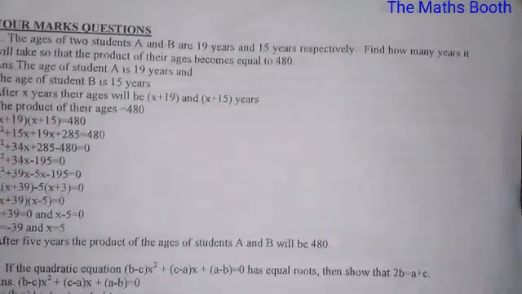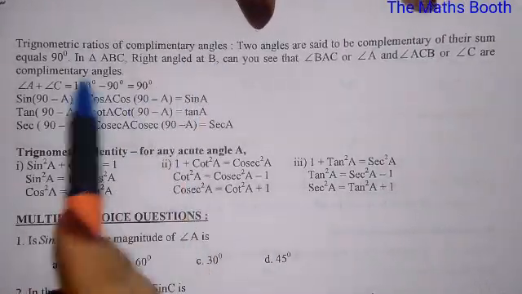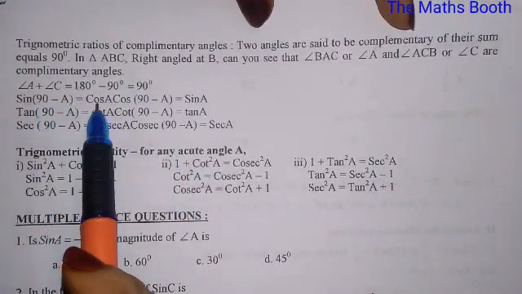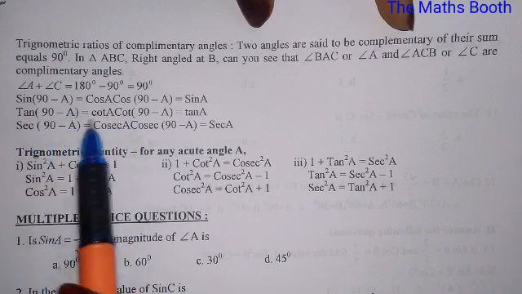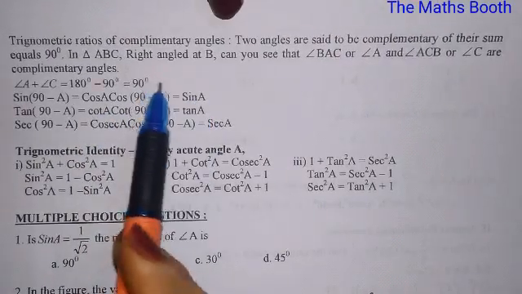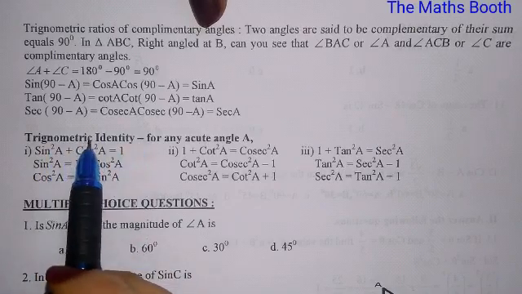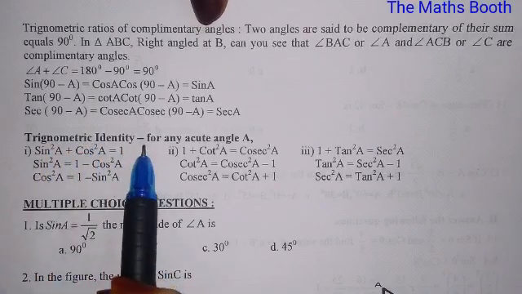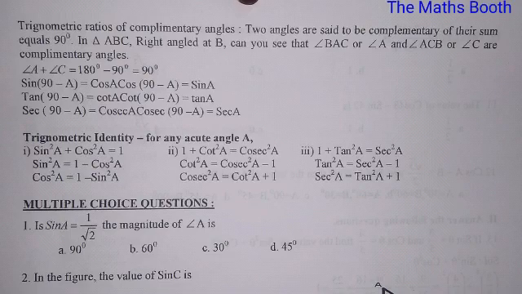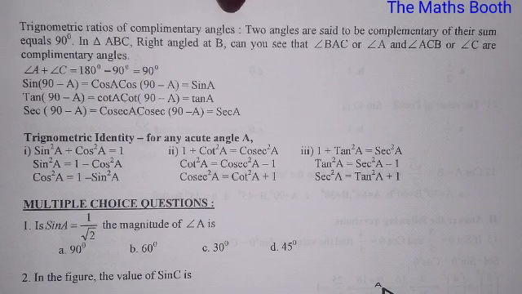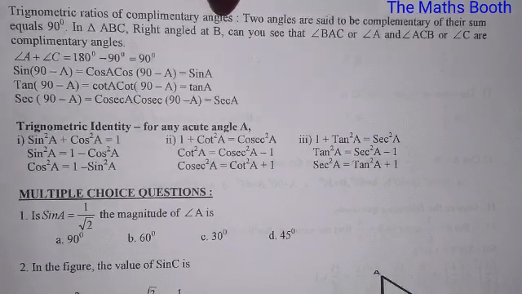And the next thing is trigonometric identities, which is very important, and also the complementary angles, that is sin 90 minus A is cos A, tan 90 minus A is cot A, sec 90 minus A is cosec A, like this. These complementary angles are also important. And the next is trigonometric identities, which are also very important. So now let us see the next thing, here the 1 mark questions, multiple choice questions. Let us see what the multiple choice question is. Here it is given.